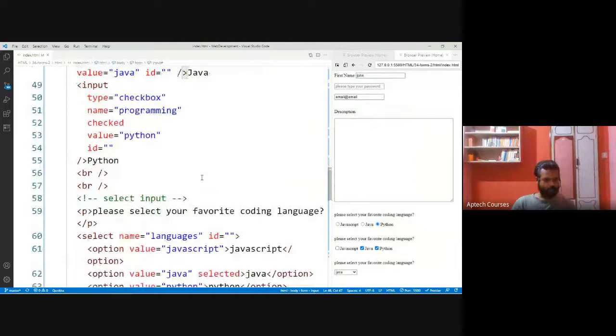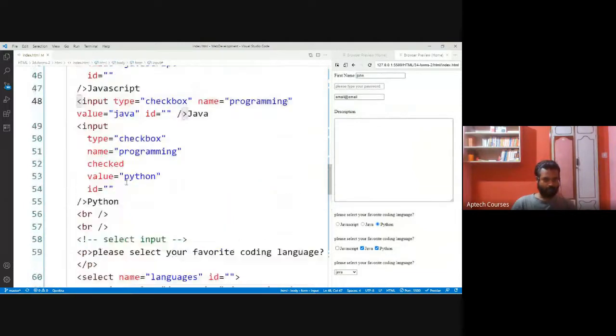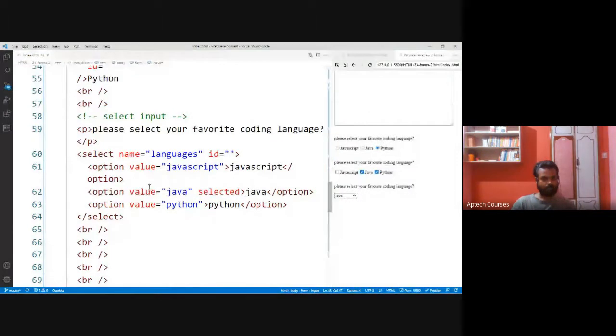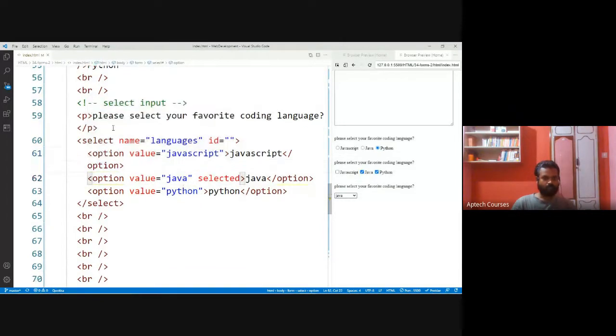Then drop down. In case of drop down, we use select. All these come under one category. See here, whatever options we write, we are writing inside the select. That is why name remains the same.